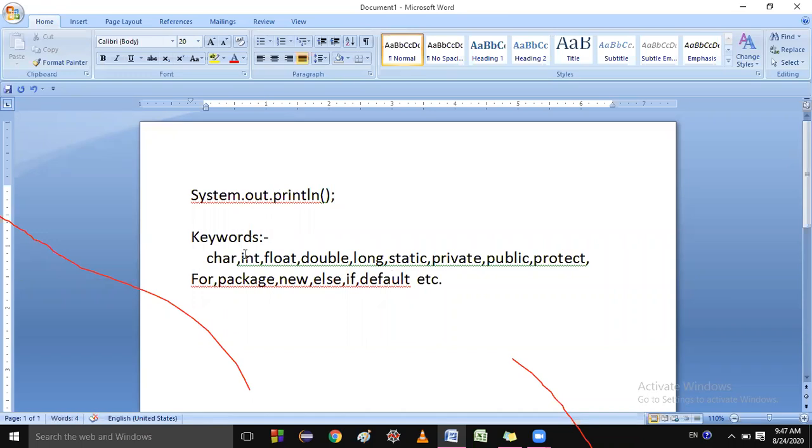So these are having special meanings to the Java compiler. If you write char, the Java compiler can understand, oh, this is character type data. If you write int, the Java compiler understands this is integer type data. If you write float, the Java compiler understands this is float data, this is double data, this is long data, this variable is of static type, this is a private variable, this is public, this is protected, this is